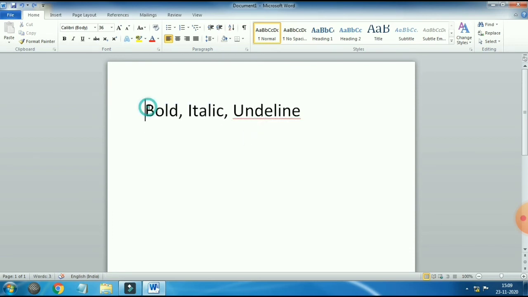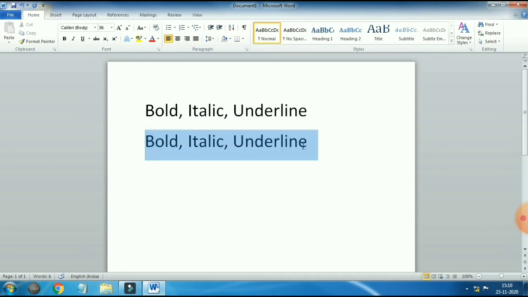Okay, now let's type this line again. Press the enter key and type again bold, comma, italic, comma, underline. Oh, here a red wavy line is given below the word underline because our spelling is wrong. So just click beside the E and type R here to complete the spelling. Type R. Okay, now the red line is gone. Okay, so I typed it 2 times to show you the change.